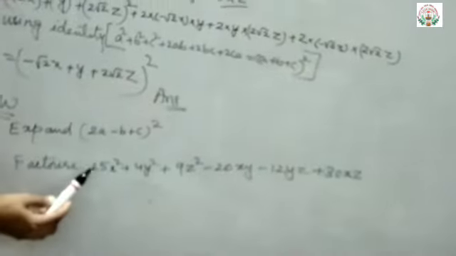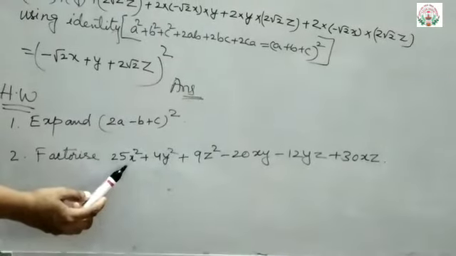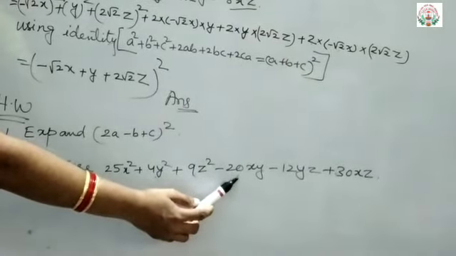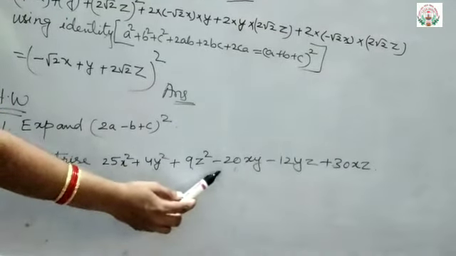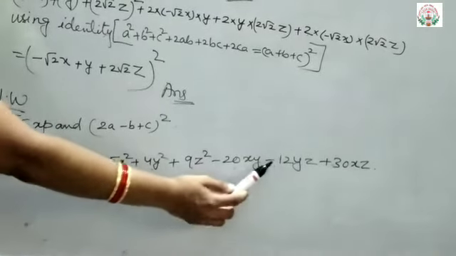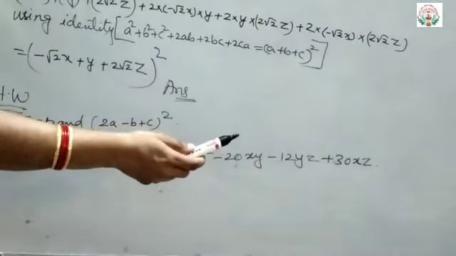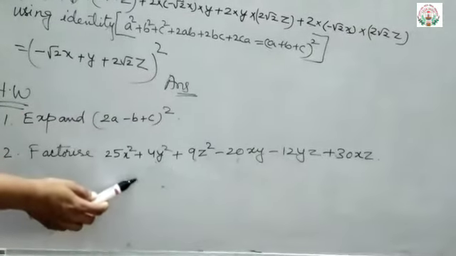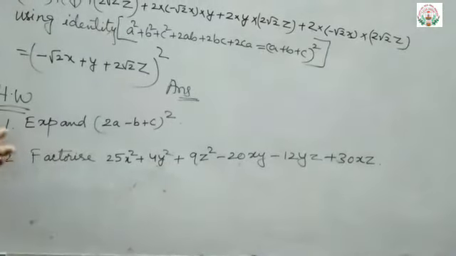Okay, and then factorize this. Factorize this means you have to use which identity? Just now we have done it in question number 5. That is a square plus b square plus c square plus 2ab plus 2bc plus 2ca. Using that, it equals what? Which formula is it? a plus b plus c whole square. So likewise you have to factorize this. Understood? Just now we have done it in question number 5. Okay? Do it as homework.